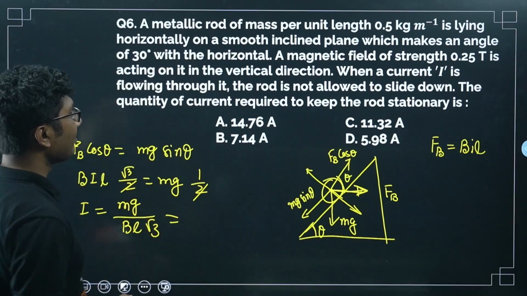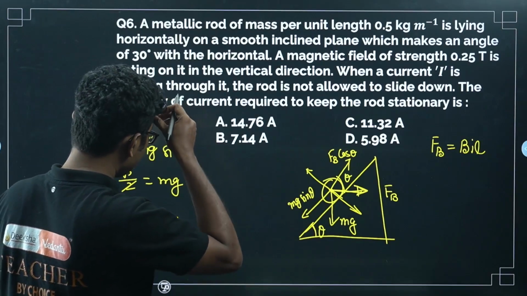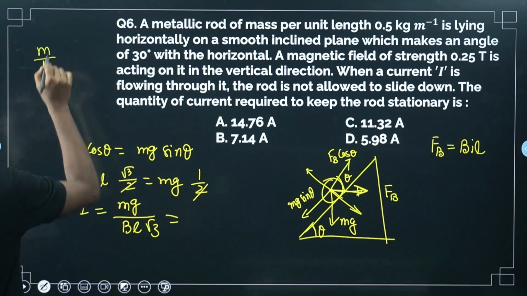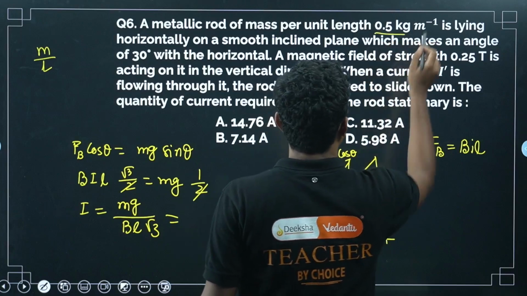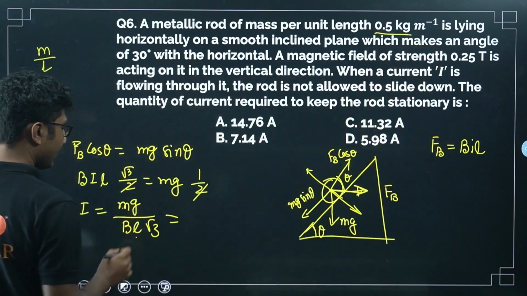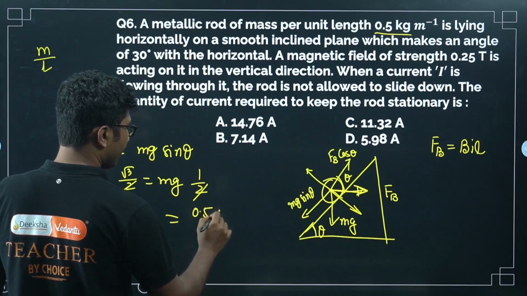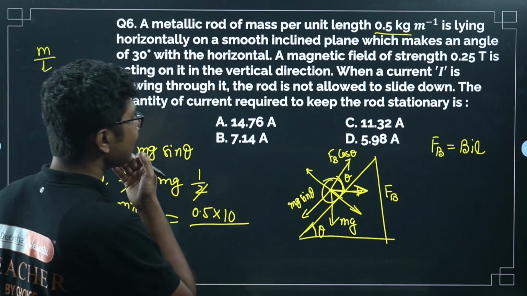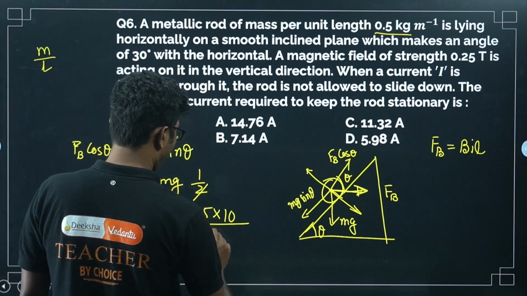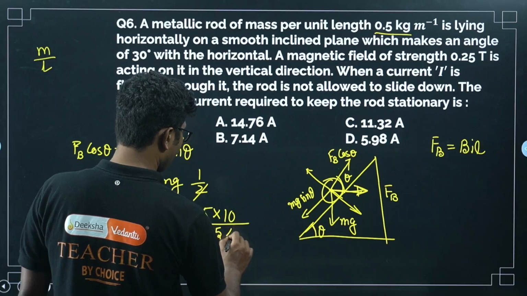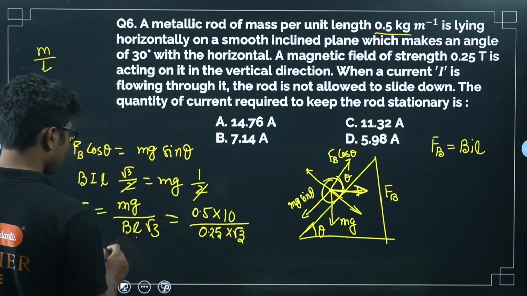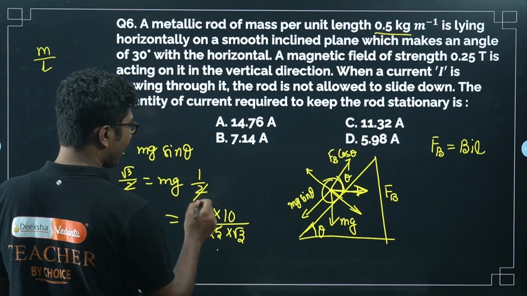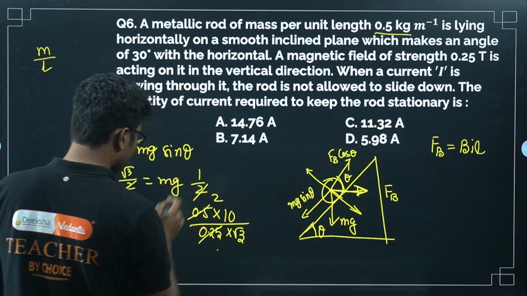Now what is m? M is 0.5 kg per meter, so m by L is given. M by L itself is given, 0.5 kg per meter. So we will put that value 0.5. G assume 10. B is given as 0.25 and root 3. So it will be 0.25, 0.5. 0.5 is double of 0.25, so it will be 2. So it will be 20